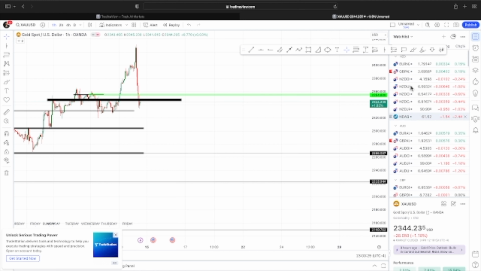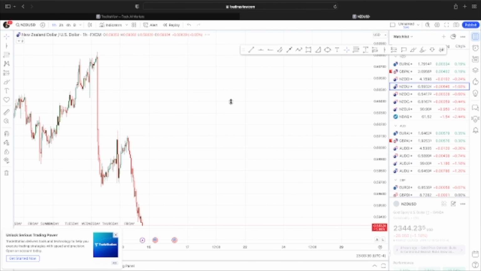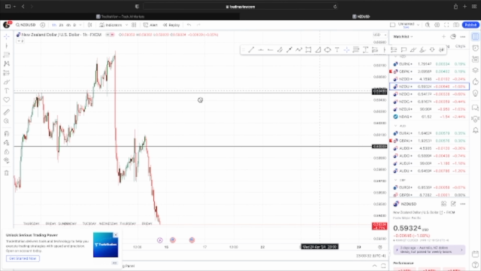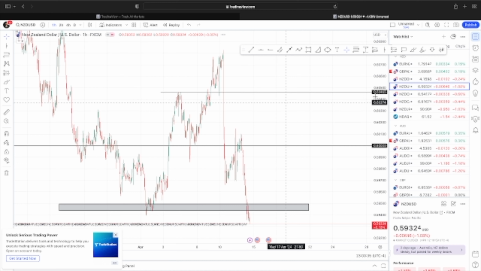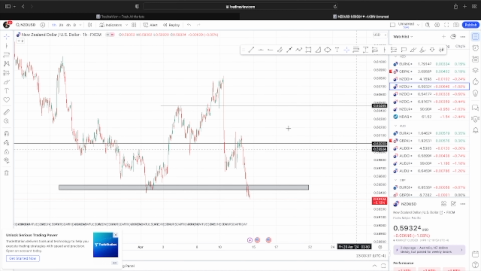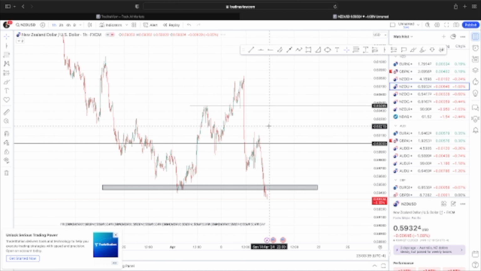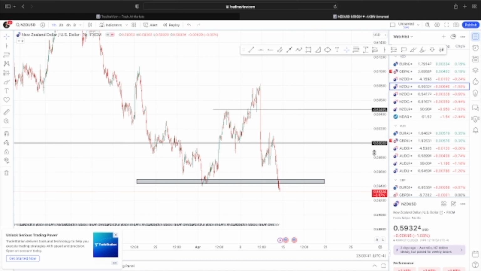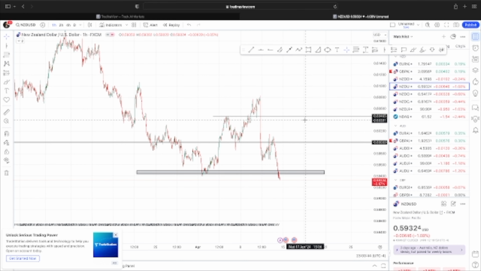And then for NU, pretty much the same thing. I was just catching a lot of sales. I knew sellers was in control for this week, so I was like, I'm gonna just catch the sales, because the buying momentum was cool, but it wasn't enough to make me feel like, okay, this is a switch and it's finna actually start buying up heavy. It kept getting to certain points and dropping out. So if we was to take this right here,